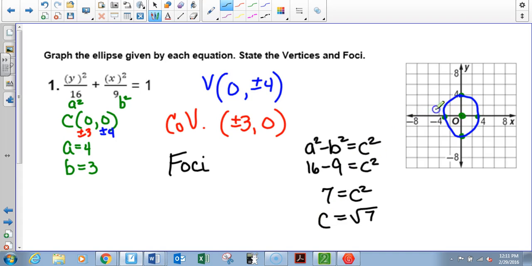It's a distance actually, so we'd say c is the distance out from the center. Now it's going along the major axis, so that's which way? The center was at 0, 0, and this is going along the major axis, which was y, so we're going to add it onto the y. So we'll have 0 and plus or minus square root of 7,